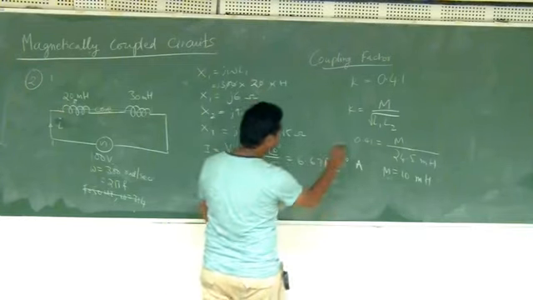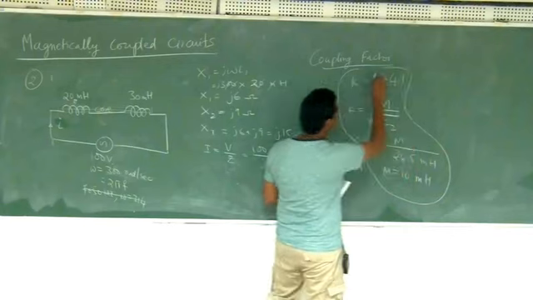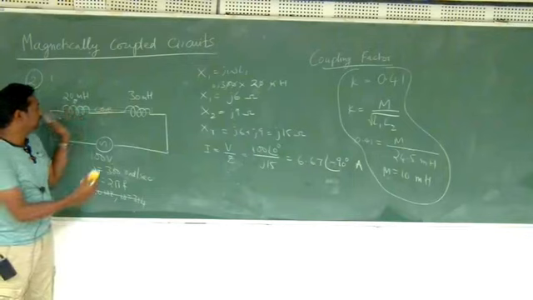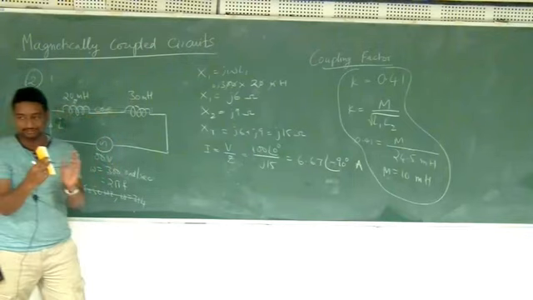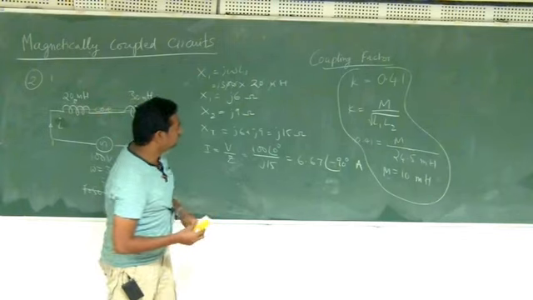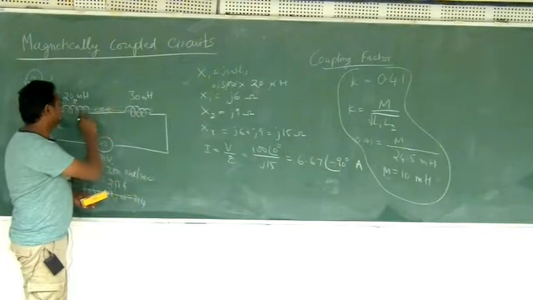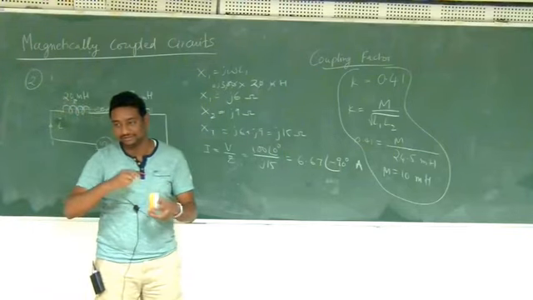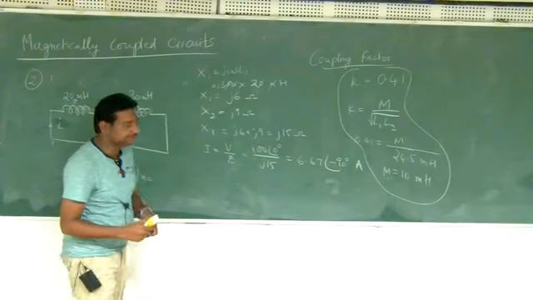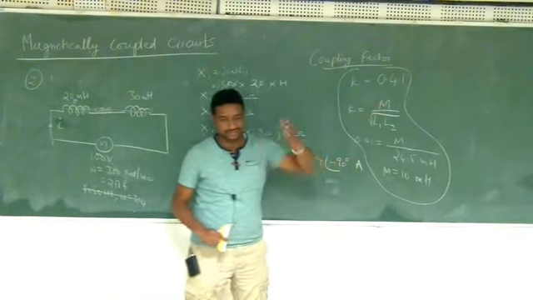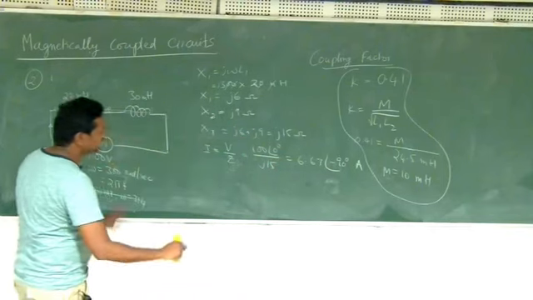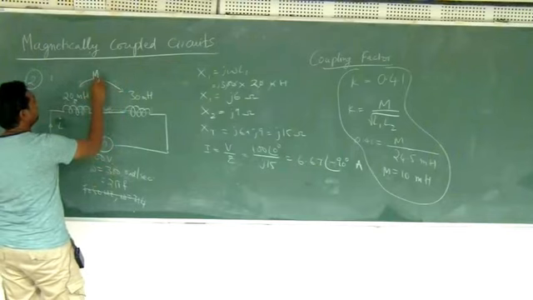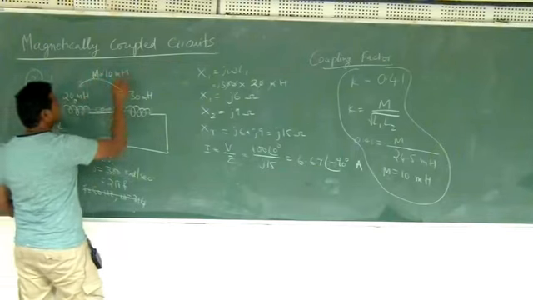Now you know that for a stronger coupling, you keep the coils very close distance-wise and then wind them, so you can get a higher value of K by overlapping these two coils. Electrically they are not connected, but physically they are overlapping on each other, then you will get a higher value of K. So K value you can keep changing from 0 to 1. Anyway, to cut the long story short, I'll just say mutual coupling M equal to 10 millihenries, approximately.